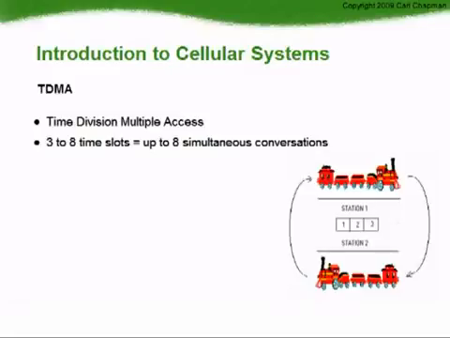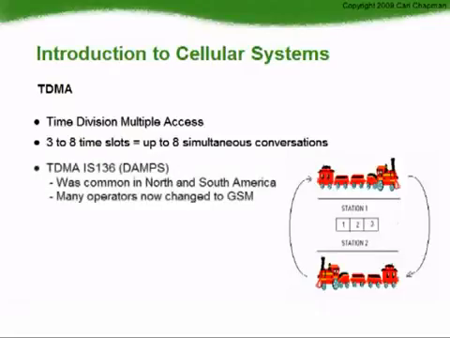The easiest way to understand TDMA is to think of a train. At station 1 there are 3 people with messages to be transported to 3 other people at station 2. The people at station 1 place a message into each carriage. The train then goes to station 2, and the people there retrieve their message from the carriages. The train then returns to station 1, and this process continues until the whole message has been transmitted. In technical terms, each carriage represents a time slot.